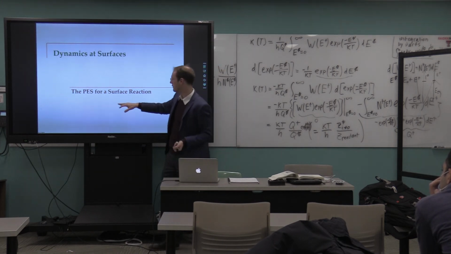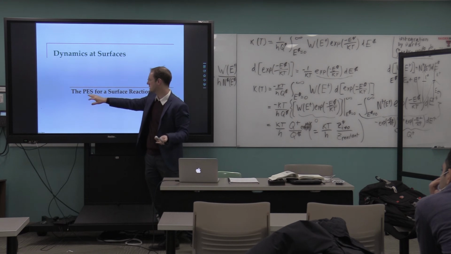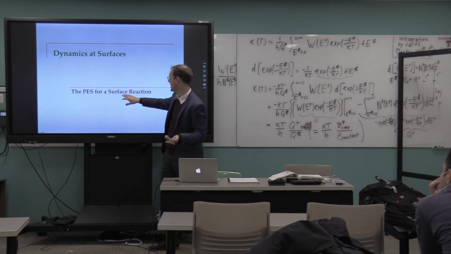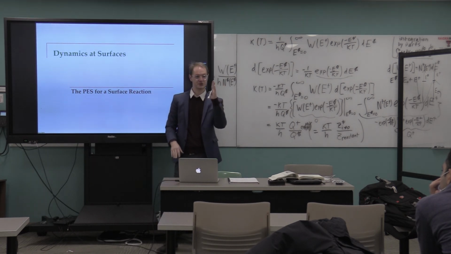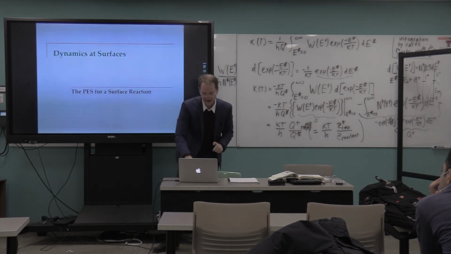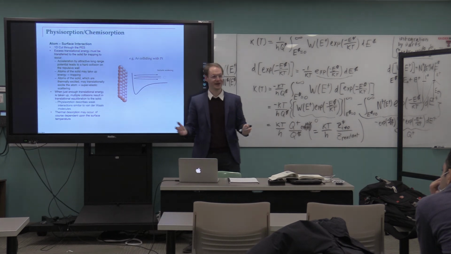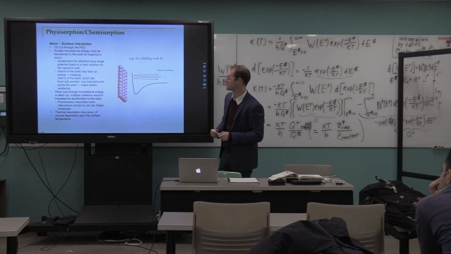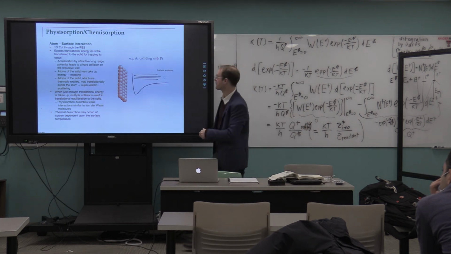And the first topic that I want to introduce is, what does the potential energy surface look like for a reaction that takes place at a solid surface, so at the interface between a gas and a solid? And how is it the same as the potential energies that we've talked about for gas phase reactions, how is it different? Okay, so,